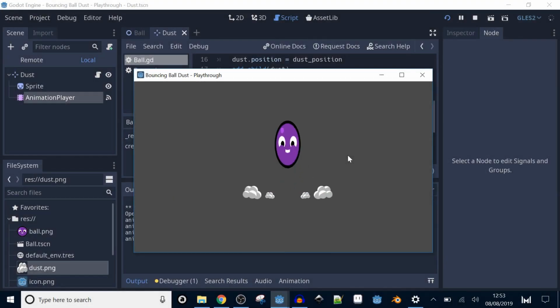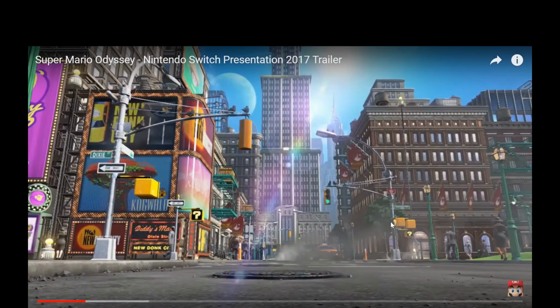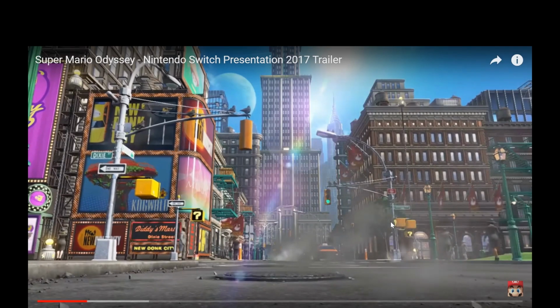Hi there, the aim of this video is to add an impact effect to a bounce animation in Godot 3.1. The inspiration for this is Mario. No one bounces quite like Mario, so he makes a great case study. Mario's jump looks great for a lot of different reasons, but today we're looking at the dust particles when he